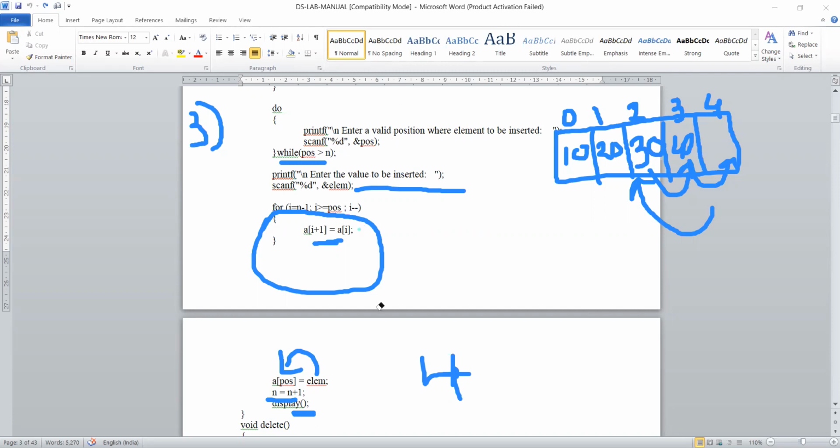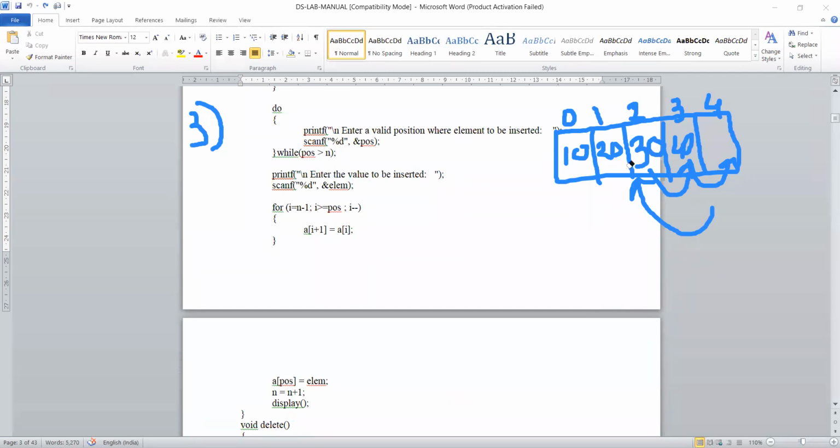Got the logic of how insertion at a specific position works. Normal insertion, if I say using a for loop only, you can do it without any confusion. But here, at a specific position, they are asking, so this for loop is the main part for inserting at a position.